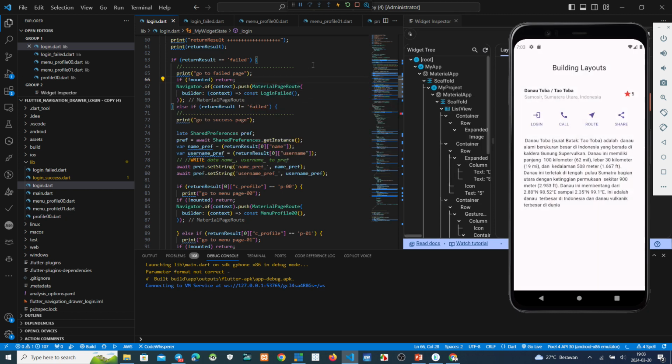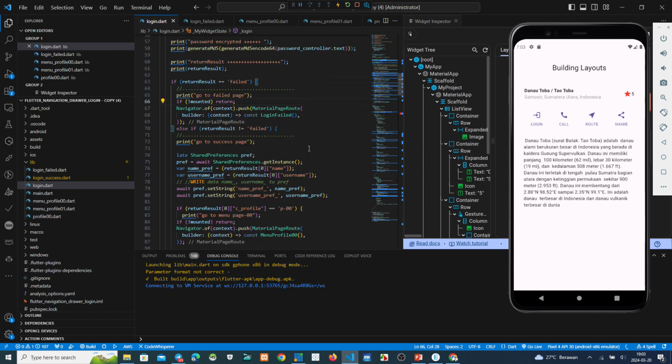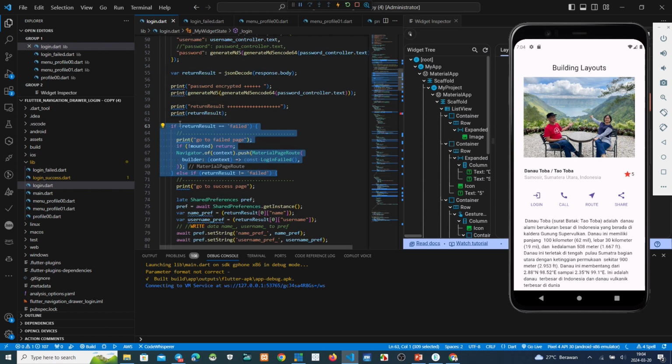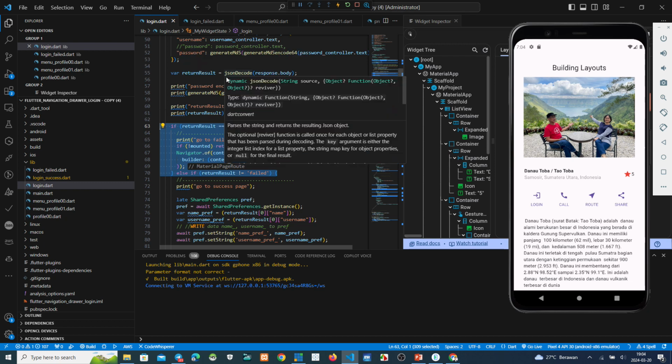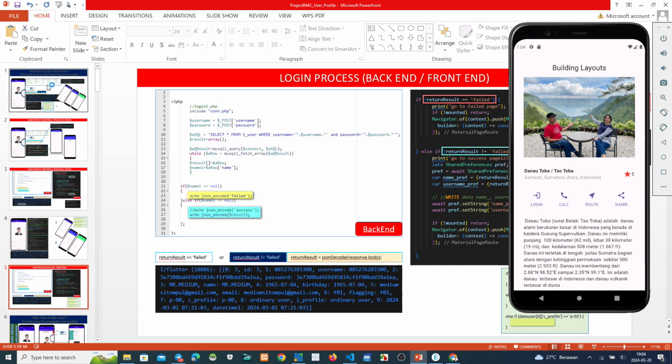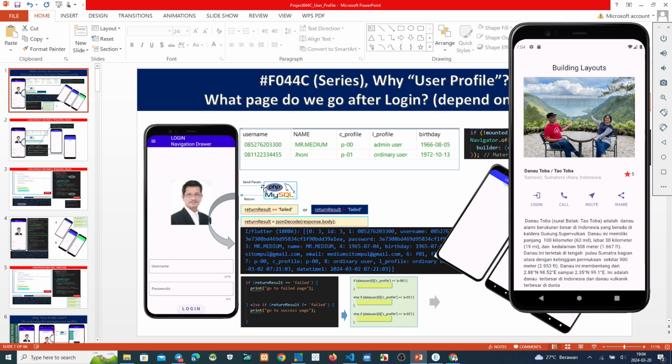Okay, we try first with the login fail, this one. Return result comes from the JSON decode. This is returned back from the backend, from the PHP back to the Flutter, and then we analyze this one.